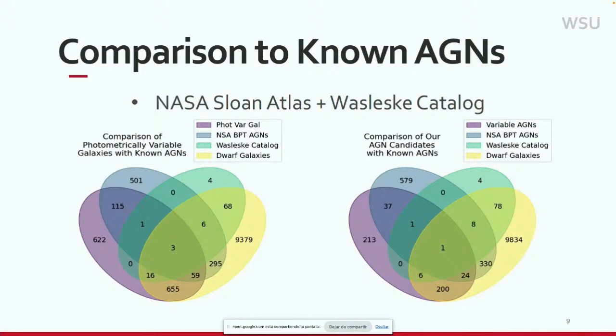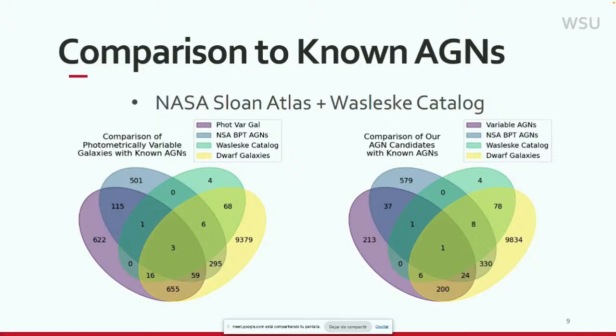And we compared our known AGNs against the NASA Sloan Atlas and what is called the Weslesley catalog. My colleague Eric Weslesley is creating a catalog of all known bona fide AGNs from dwarf galaxies. So we use that catalog and the NASA Sloan Atlas to compare against. We found 213 AGN candidates overall that were not found as AGN in either catalog,